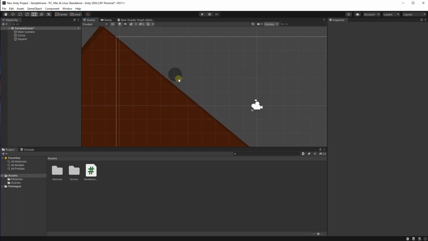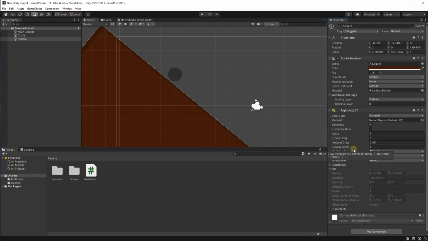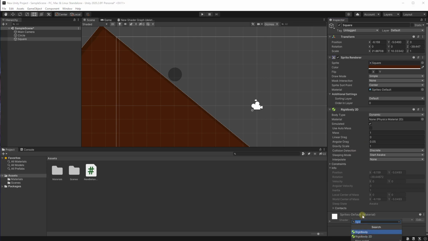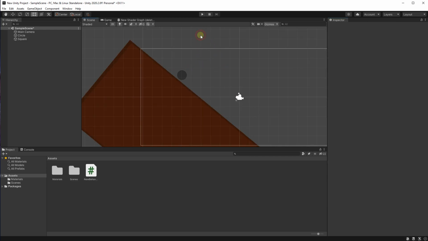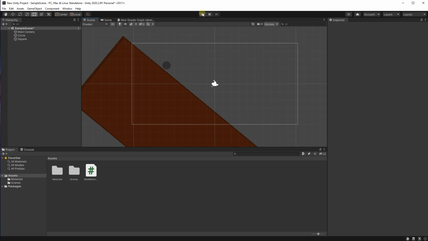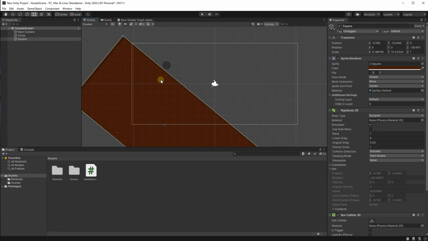So now I am going to give the same components to our hill. So add component, rigid. So I just type rigid body 2D. I'm going to add component again. Now this is a square, so I'm going to be searching up for box collider, so box collider 2D. So now we have those two components. So if we click to run the game, something interesting is going to happen. They're both just going to fall to the ground, and that's because our hill is influenced by gravity,